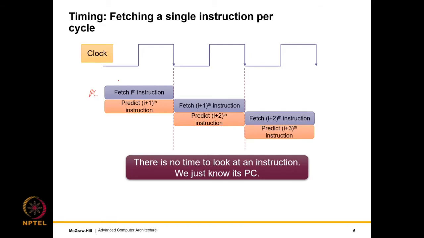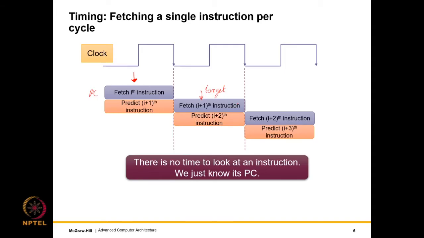So we are not aware at this specific point of time, in this cycle, whether it is a branch or not, right? Nevertheless, if we want to fetch the I plus 1th instruction in the next clock cycle, we will have to predict many things, but we will definitely have to predict what the I plus 1th instruction is after the ith instruction. If it's a branch, we need to predict its outcome and target, and the I plus 1th instruction will be the target. Otherwise, if it's not a branch, it is simply PC plus 4, right? That's the address.